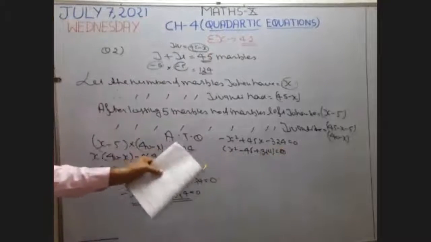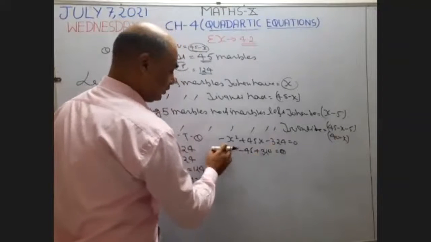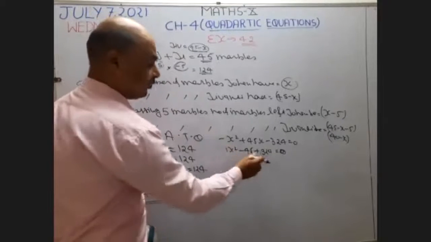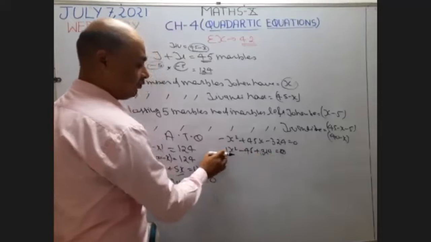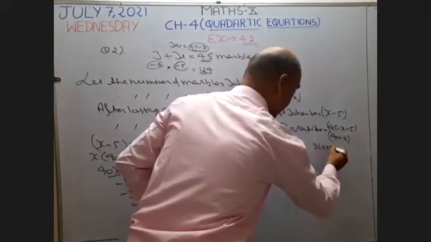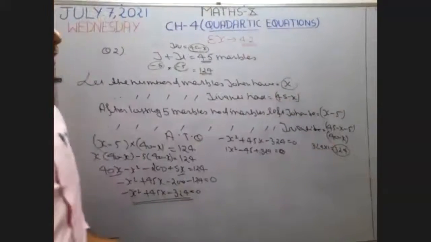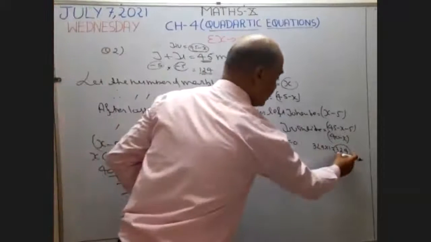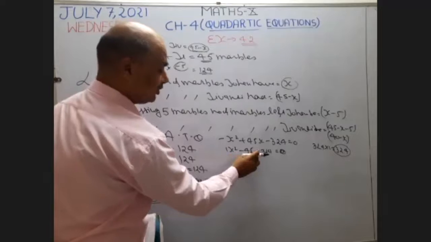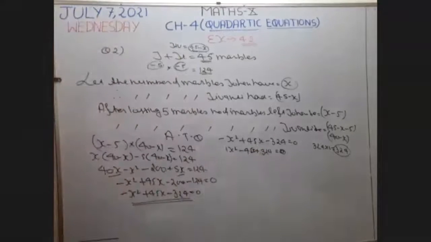Now I want to solve. Now what is the step? I'm going to solve this equation by using which method? Splitting the middle term. What is the method? I'm going to multiply the first and last term. What is the first term? 1. What is the last term? So I'm going to multiply 324 by 1. So this becomes 324. Now I'm going to make the factors of 324, whose product is going to represent 324 and whose sum or difference is going to represent 45. Okay, 45.